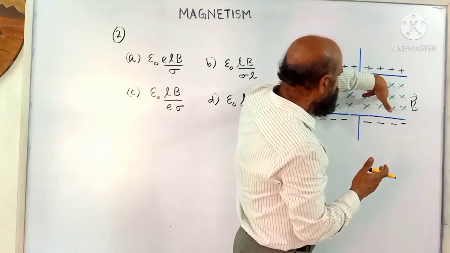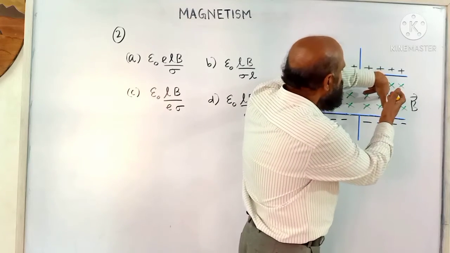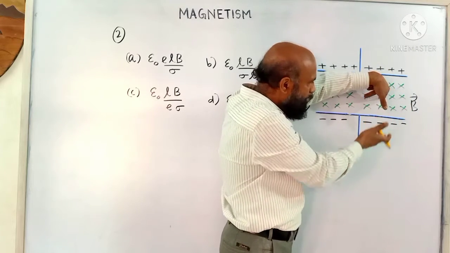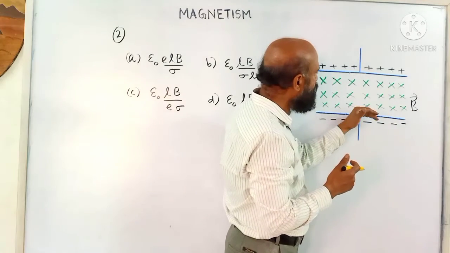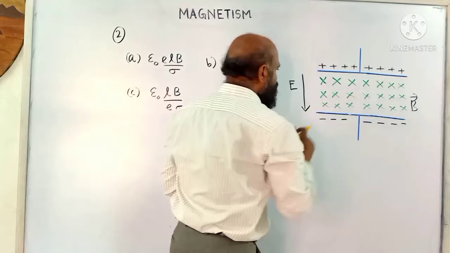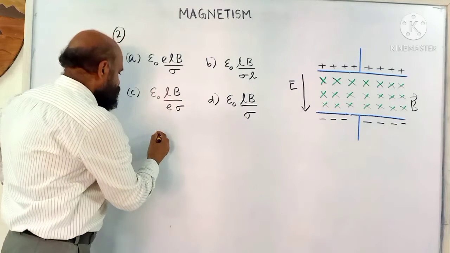If the electron is moving this side, the force will be in the upward direction. A positive charge will experience a force in the downward direction, and a negative charge will experience a force in the upward direction. If the electron is to move in a straight line, the force due to the electric field